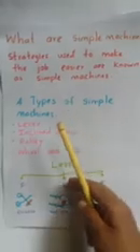Why are we using simple machines? I want to put a hole in this paper. Can you put a hole in this paper? It's very difficult, even with a lot of effort. But instead, you have a puncher. If you have a puncher, easily you can put a hole. So the puncher is helping us to put a hole. It is making our work easier. Puncher is a simple machine.